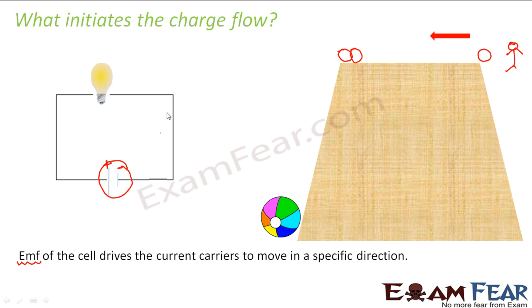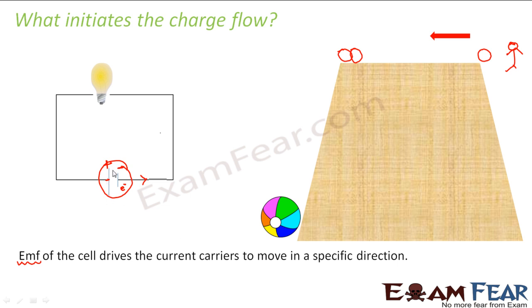Therefore, the electron starts moving towards the positive terminal. So how will the electron move towards the positive terminal? See, this is my negative terminal. So this will give rise to electrons. This electron wants to go towards the positive terminal because opposites attract. So how will it go? It can either go like this directly, or it has to go like this. Now it cannot go directly because there is no conductive path. So the only option it has is to go like this. So the electron will go along this path and it will reach the positive electrode. Similarly, all the electrons will start flowing likewise, and this flow of electrons gives rise to electric current.